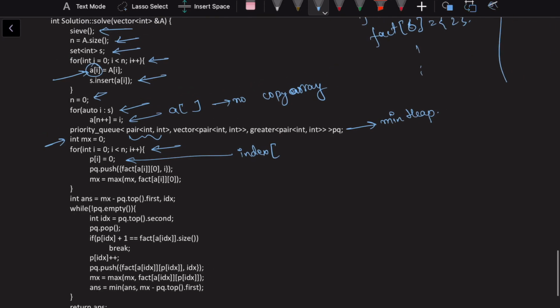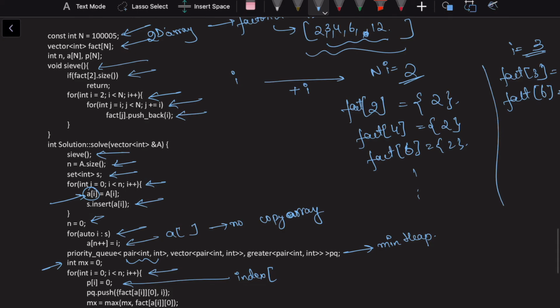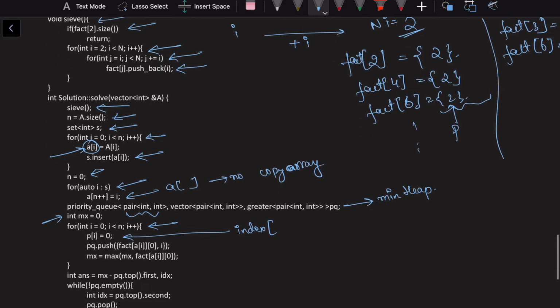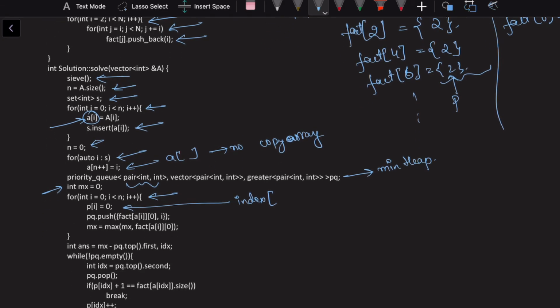So let's say I'll have a factorial array formed. So p will be initially pointing to the 0th index for every element. This is the index for the factorial array of that particular number.